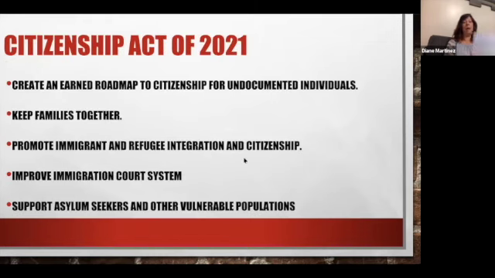All right. And so this is the proposal. It is a huge act. If you read the whole act, it's about 84 pages long. We're just going to talk about a few things. We talked about creating an earned roadmap to citizenship for undocumented individuals. The hope is it's going to open up for many undocumented individuals. We talked about DACA. It's also going to provide a pathway for temporary protective status, so those from Venezuela and these other countries who are already here on temporary protective status